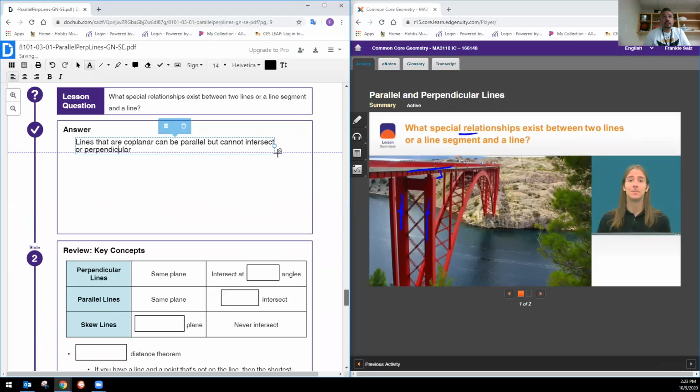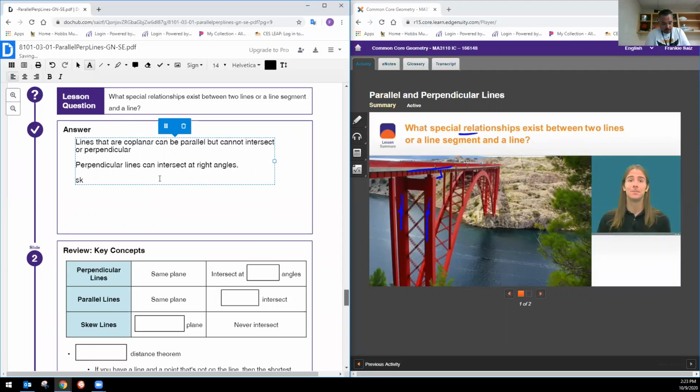Let's see. Now, perpendicular lines. Perpendicular lines can intersect at right angles. And let's see,